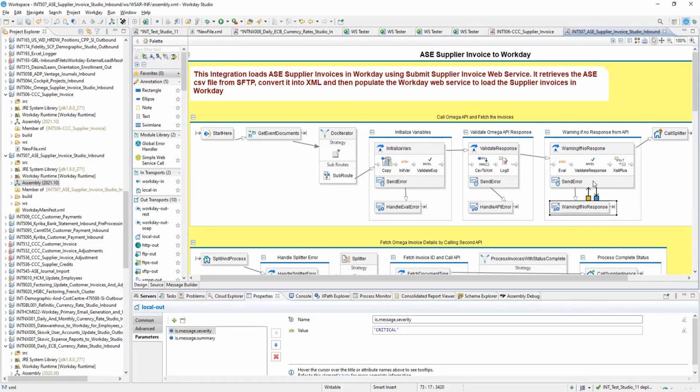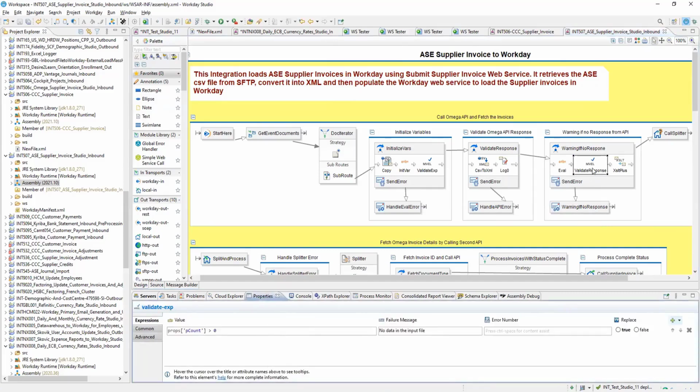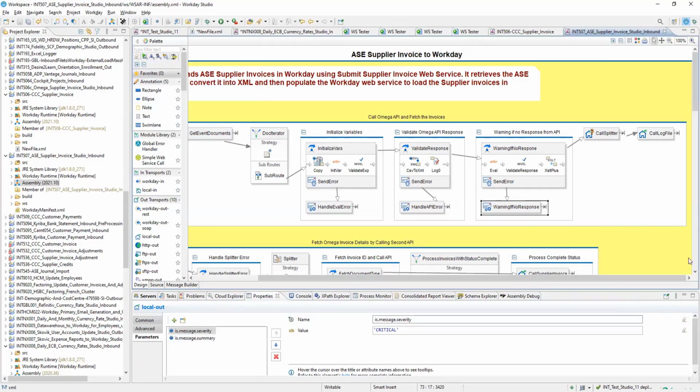It will give an error, but it will move forward. Similarly, if it is a warning, it will give a warning, but it will again process the next steps. So only in critical does it stop. It stops then and there. Right, so we will see that.